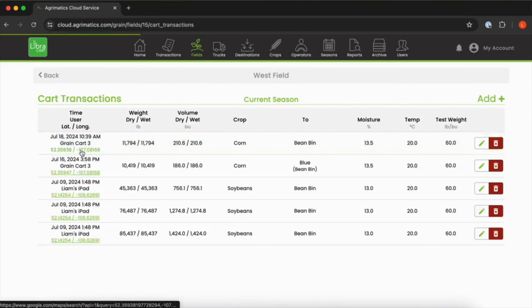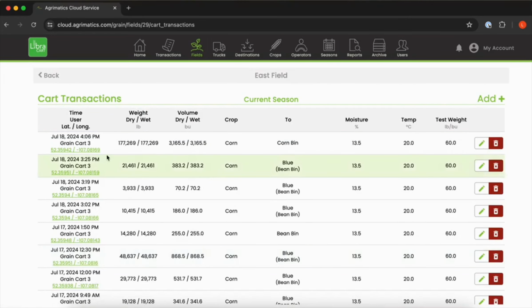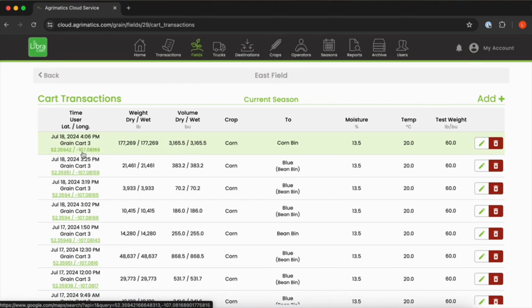Drilling into the fields here, we can gain a lot more data as well. We can see the time a transaction was created for a field, the user that created it, and where it was created through lat and long.